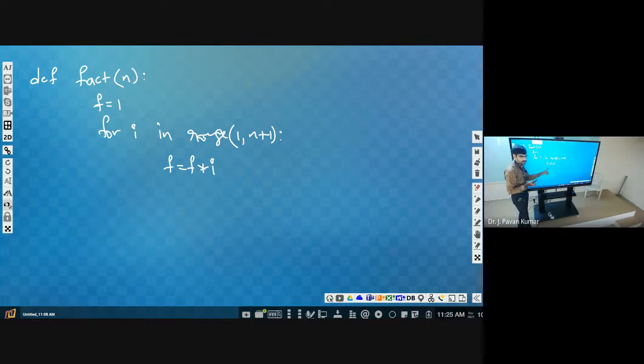Shall I explain this one? Do you want? See, initially we are assuming the f value as 1. The n value is 5. What is the value of i? We are saying i as range of 1 comma n plus 1, so it will consider 1 to n. 1 to 6 means it will consider 1 to 5.